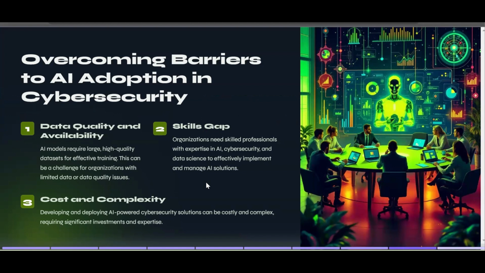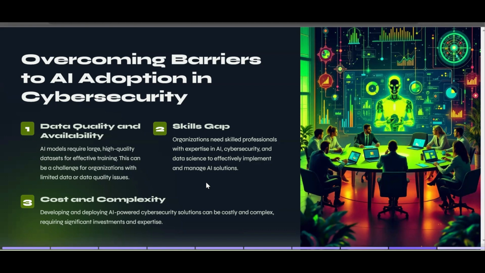So yeah, let's say, for the sake of argument, we have everything in place. We have AI embedded into our systems. We have AI playing the role. How can we overcome the barriers to AI adoption in cybersecurity? What are the blockers which are basically stopping us or delaying us in embedding this AI into our systems? Number one,